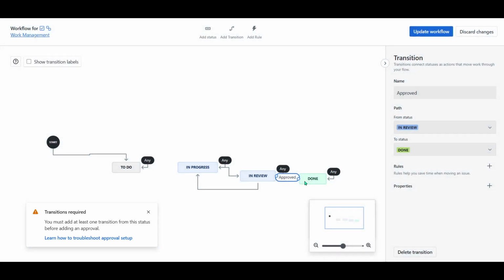By following these steps, you can ensure that your project continues to run smoothly with the necessary oversight and